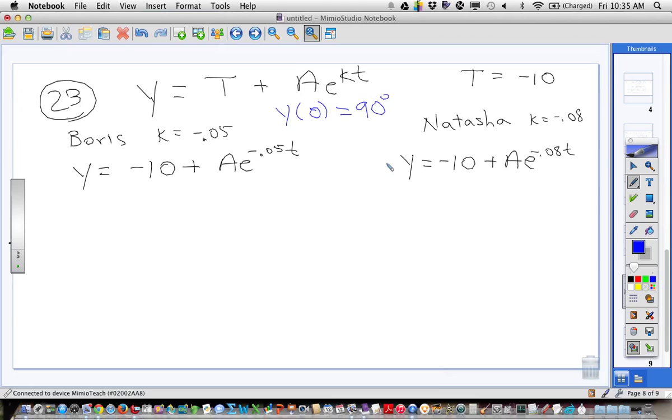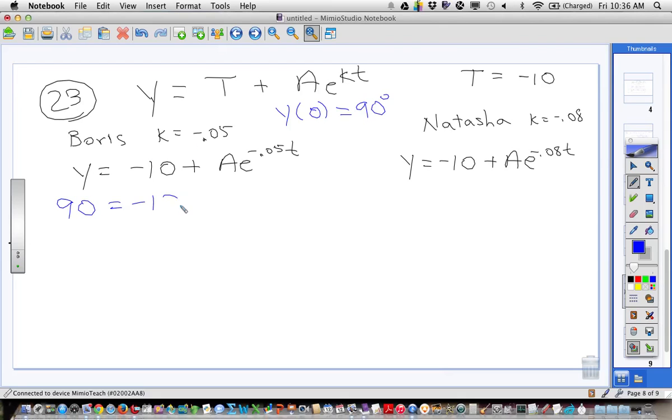Now, listen, if you're struggling at all or having any issues, I really think it's a good habit to get into, writing down the equations and stuff like that. It can help avoid confusion. But if you can look at this situation and say, hey, I'm going to plug in a 0, this will be 90, I'm going to add 10, A is going to be 100, and go right to that equation without writing it down, that'll be fine. But here's why A is going to be 100, because we're going to put a 90 in